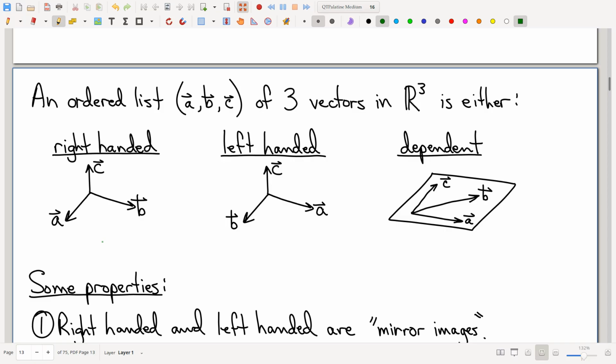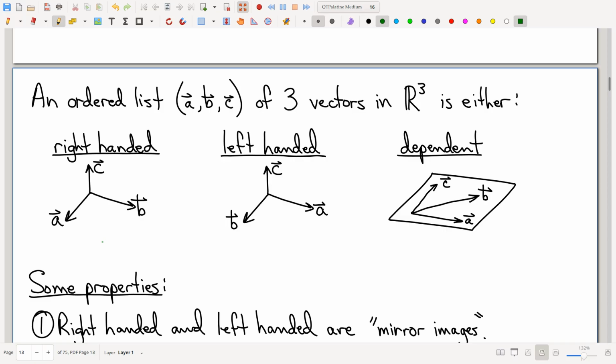You cannot do this with the right hand. We can try, and it's a healthy exercise to try and fail. Okay, so index finger in the direction of the first vector. Keep in mind, first vector A happens to be pointing that way. Second vector B, middle finger and all that. Wait a minute, I'm not allowed to do this move, but I can